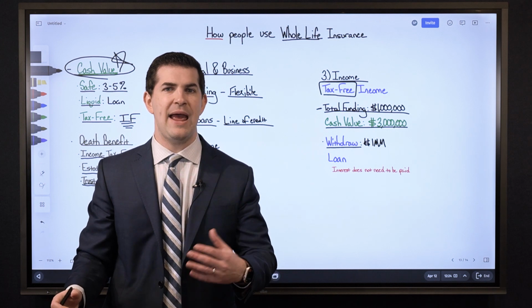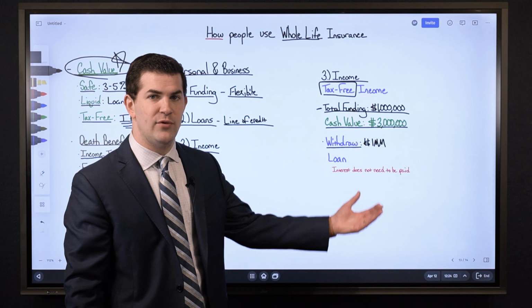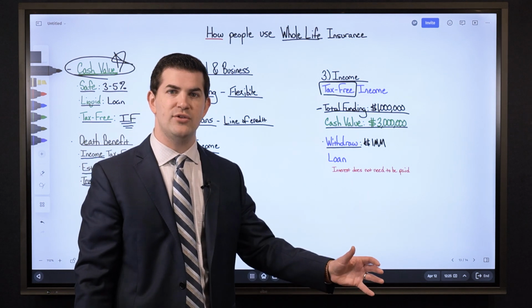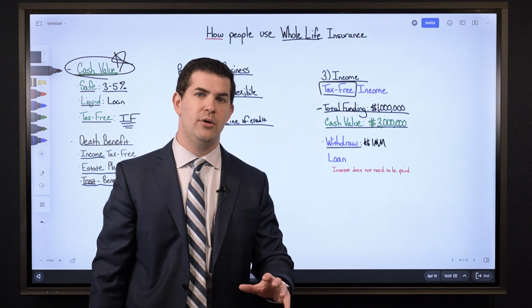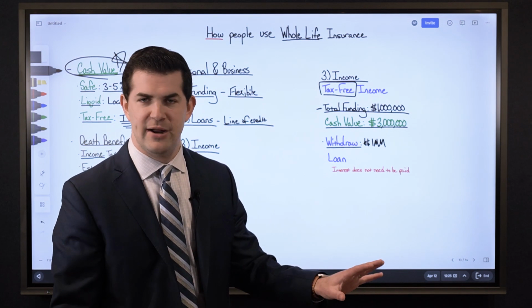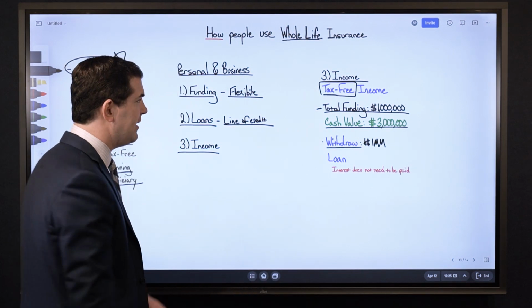the gains will be taxable to us as ordinary income. So you paid in $1 million. If you take out withdrawals of $1.2 million, the additional $200,000 will be taxable to you. And this is with a standard policy, non-MEC, not a modified endowment contract, nothing like that. So how you get around that